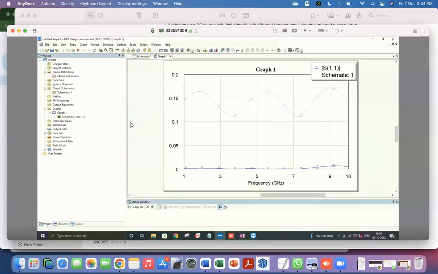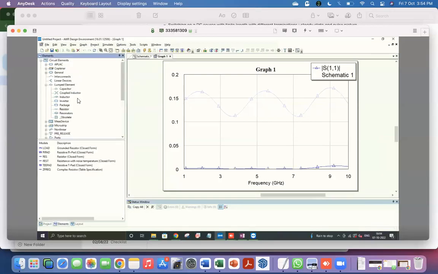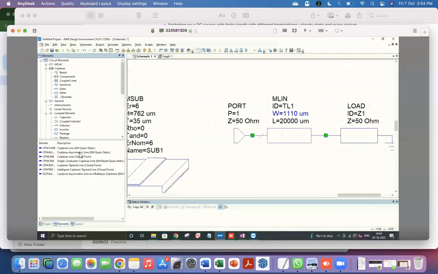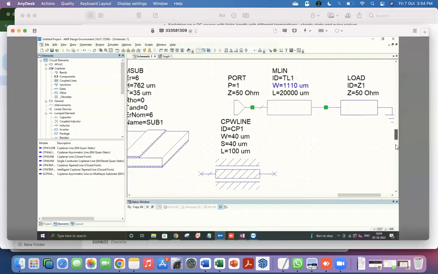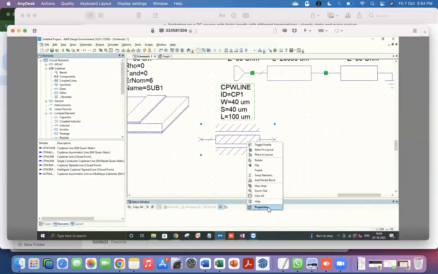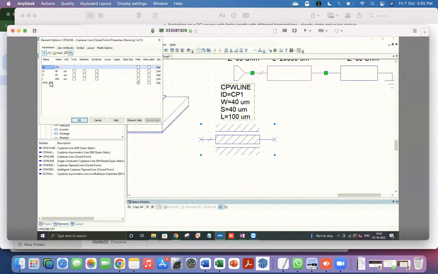So similarly, you can do the same thing for coplanar. So here again, you go to lines, and then you can use this CPW line here, this one. Okay, so now it gives you 3 dimensions: the length, the width, and the gap. This also has its substrate definition. Let's see if the same substrate definition works or it has a different one. This one has its own one called CPW sub. So that you have to find from